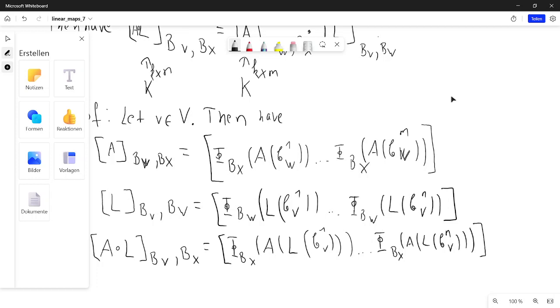We would multiply, and here we would have the coordinates, all right? And if we apply that to that,